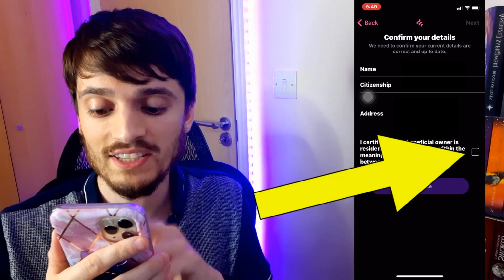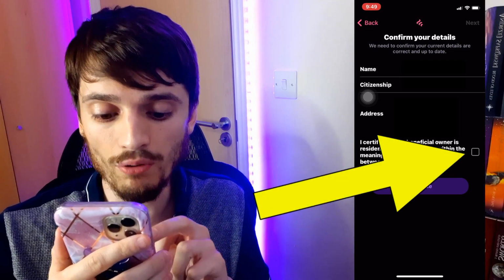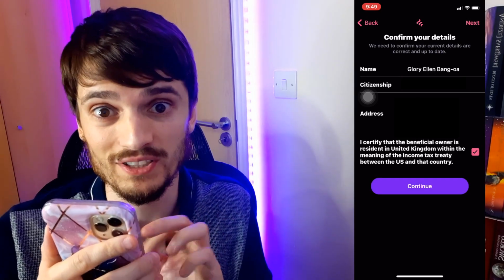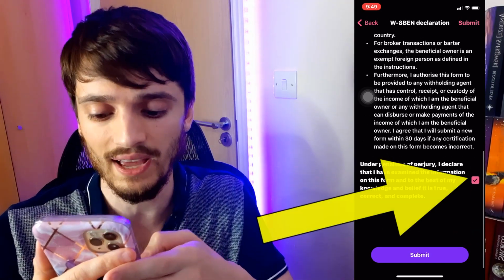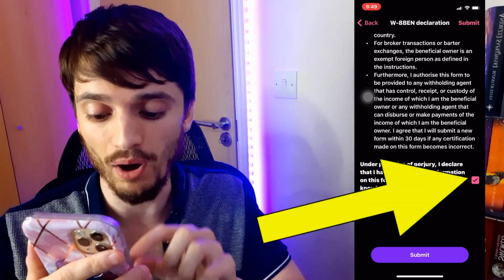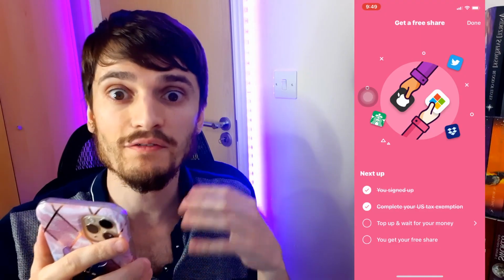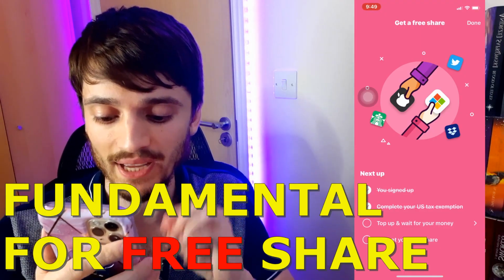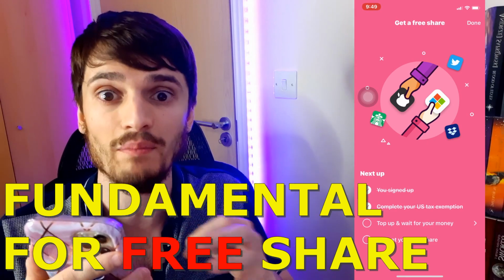put a check in I certify that the beneficiary owner is resident in United Kingdom, and then you press continue, obviously. And then again, you have another document to read, and you just have to read it and then apply a check on this box and then press on submit. And you finally got through that stage. Well done. So now we are looking at topping up and waiting for the money to come through on the